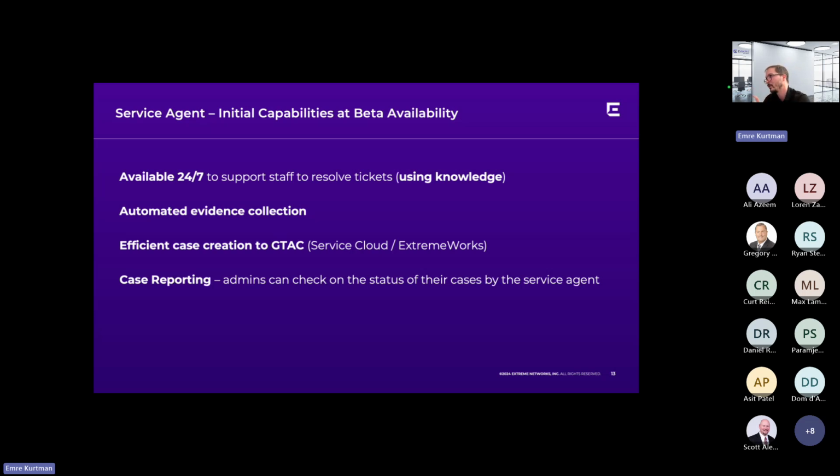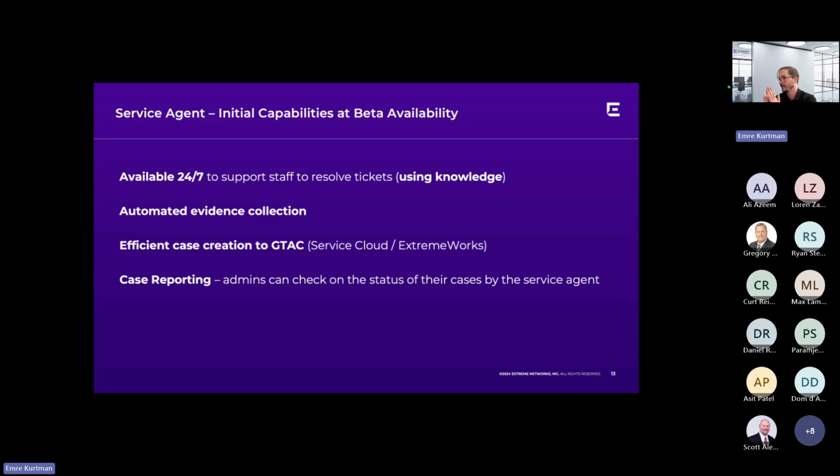So again, not everything will require an action. If you are not using the service agent, there won't be any action required from your side to approve or deny anything. You will just ask questions, you will build charts, and then you will use AI Expert in that way. Only when you start using agents, then you will be in the loop, either approving or denying the requests.